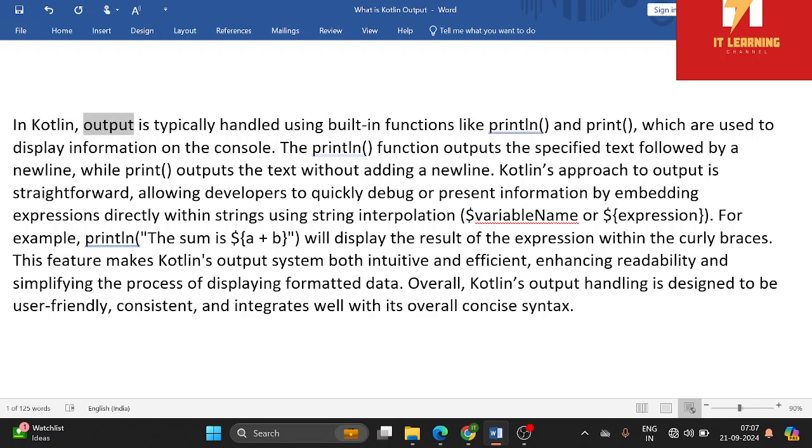In Kotlin, output is typically handled using built-in functions like println and print, which are used to display information on the console. The println function outputs the specified text followed by a new line, while print outputs the text without